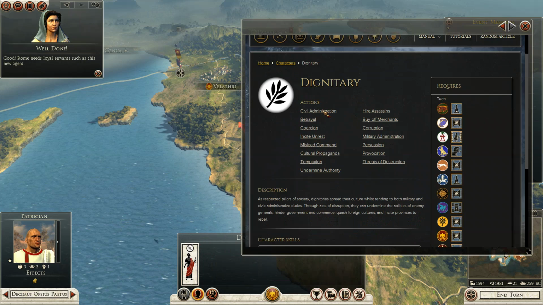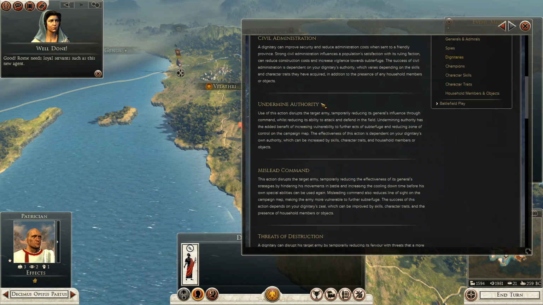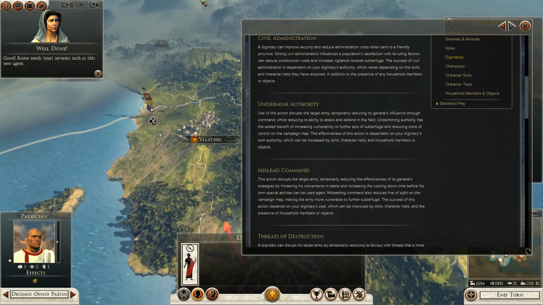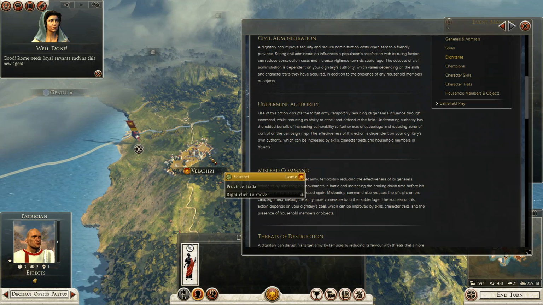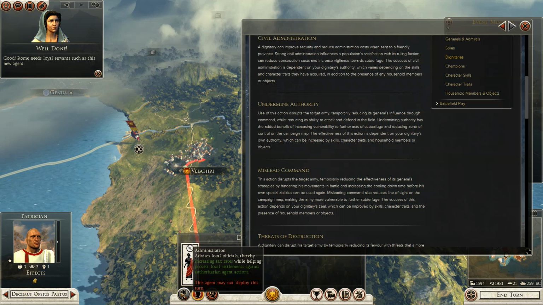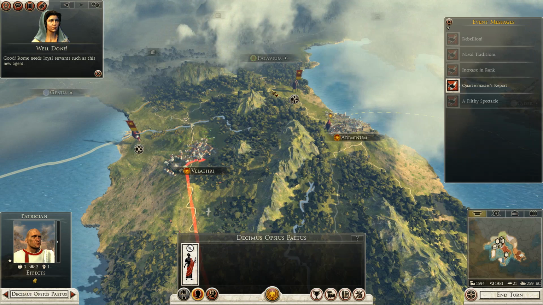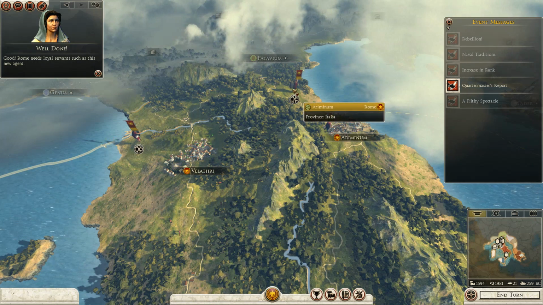Yeah, these guys have a lot of different actions that they can accomplish, but the one that I am interested in is this civil administration one. There we go. There's a button for it. I see. It's not moving it into a city anymore, so we'll have that guy